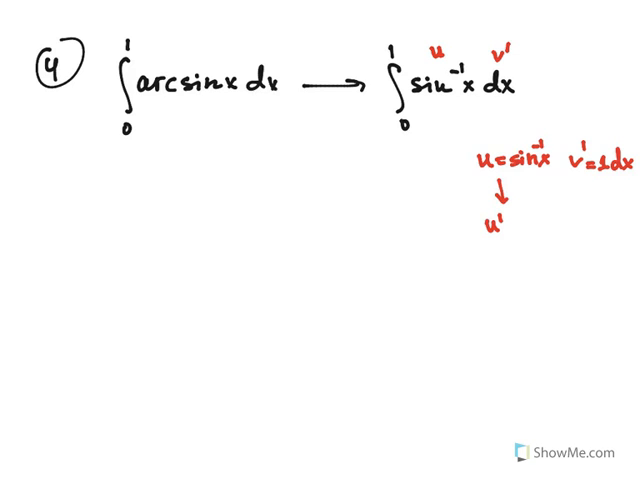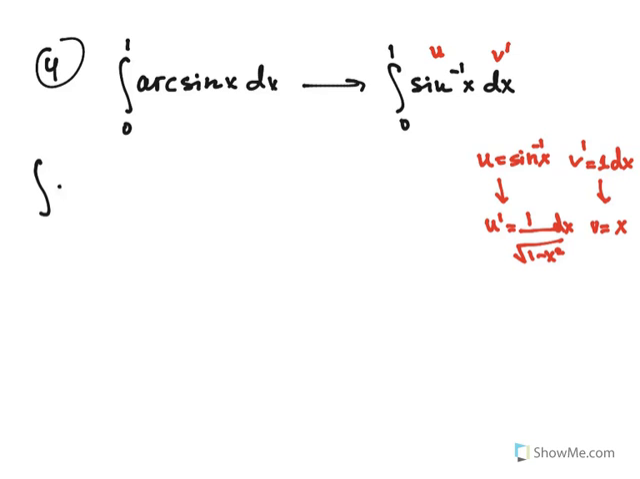Therefore, u prime, what's the derivative of sine inverse? It's 1 over the square root of 1 minus x squared dx. And v prime is equal to 1 dx, therefore v equals, what is it? Just x, right? Okay, so let's put it together. The formula says,